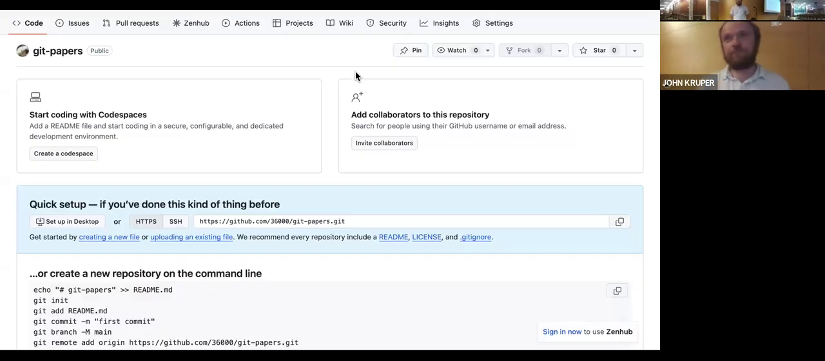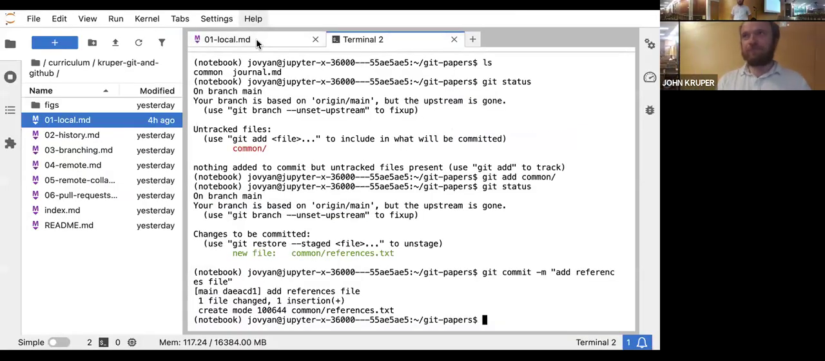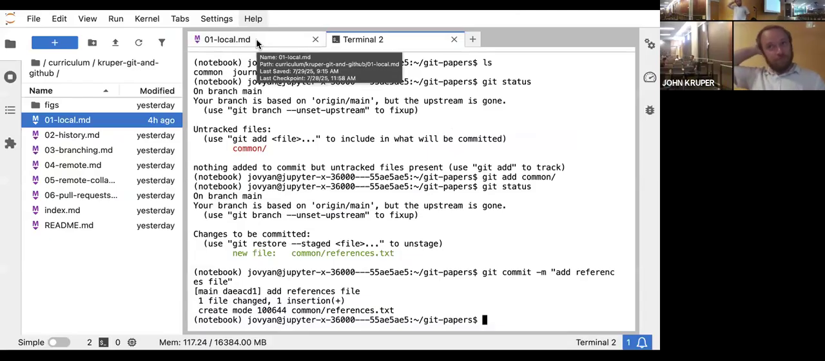But you haven't pushed it, so it doesn't matter. Pushing is just about synchronizing with the website. So once you push it,